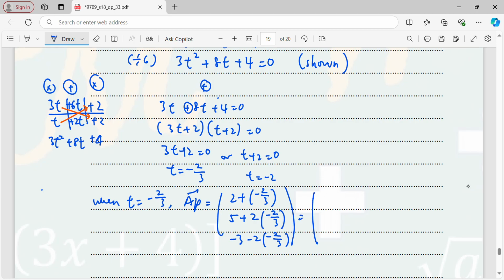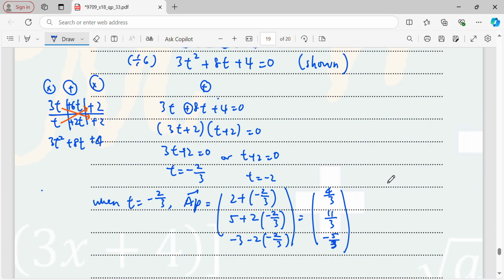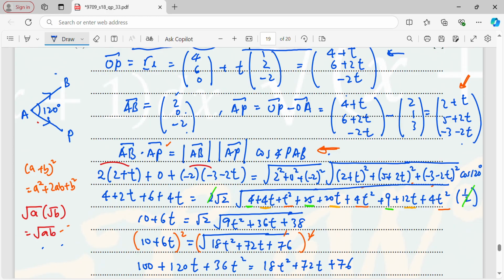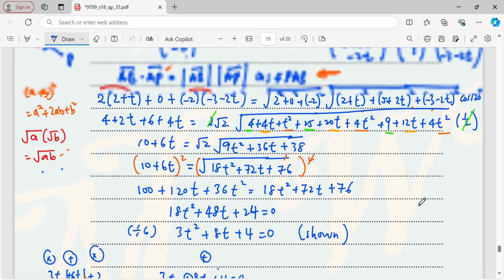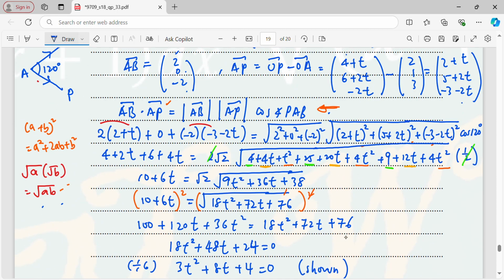Then here is going to be 4 over 3, 11 over 3, minus 5 over 3. Okay, the purpose I find the AP is because I want to check this. So now I will consider what is my AB dot AP first. So my AB dot AP, that will be my AB, which is this. So I will just replace,